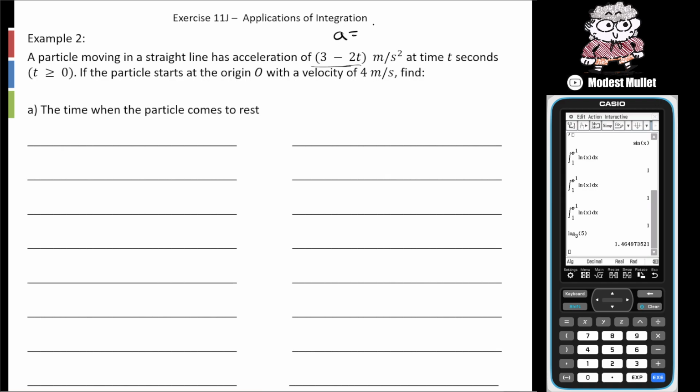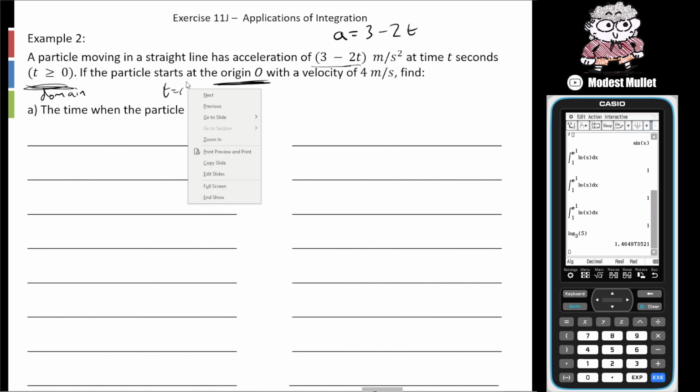So this is our equation for acceleration, which is equal to 3 minus 2t, in meters per second squared. T needs to be greater than or equal to 0. So we've got a domain here that we want to pay attention to. We've got a restriction. If the particle starts at the origin, so that's another thing that tells us that when